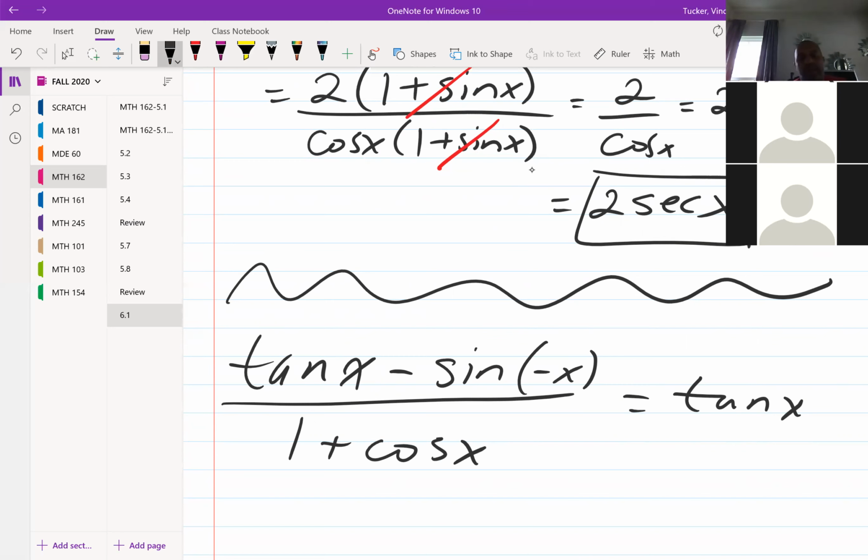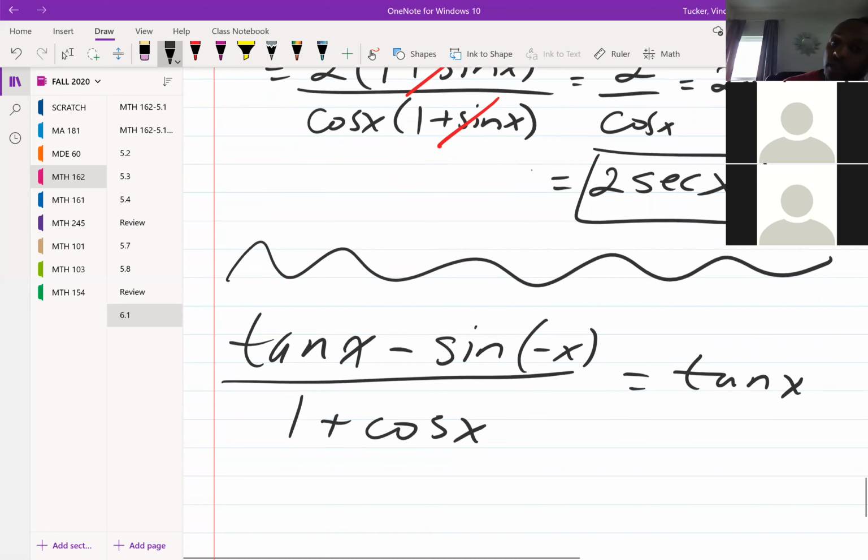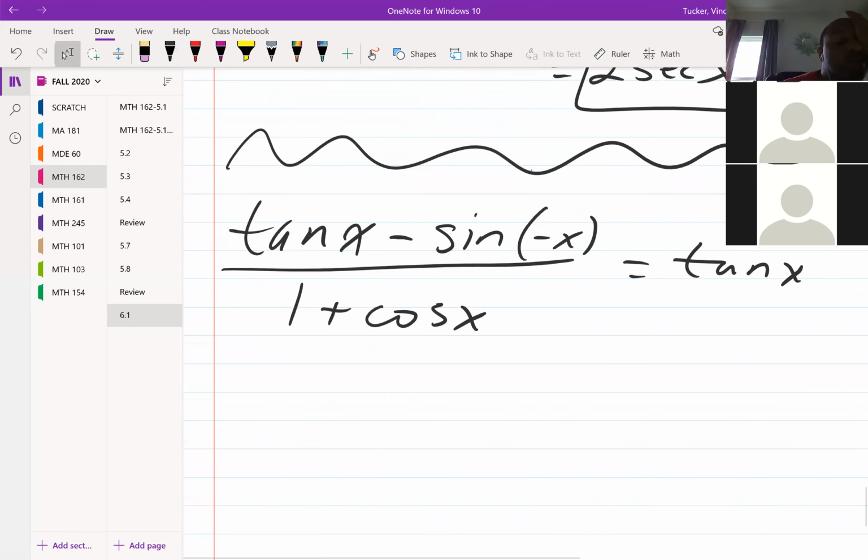All right, so here we have tan x minus sine of negative x over 1 plus cosine x is equal to tan x. All right, so let's see how this one will work out for us. So we have this left side that's way more complicated than the right side, so we'll try to work that down. First thing, recognize that we have